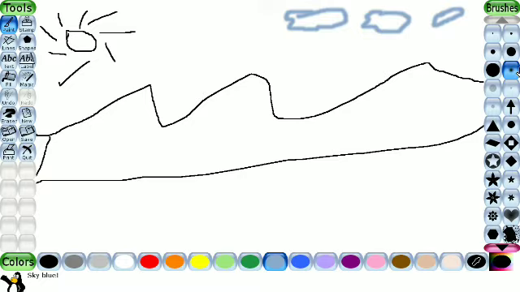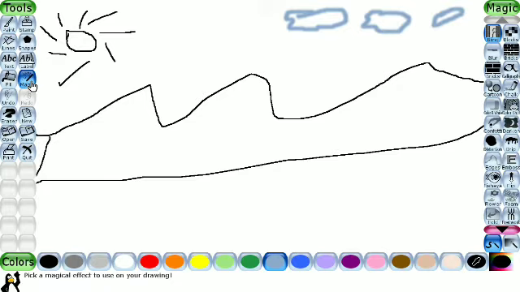Okay, then next tool we discussed in the last class is magic tool. That you can see here, magic tool on the toolbox. 1, 2, 3, 4, 5, 6, 7, 8th one. 8th tool if we count row wise. Okay, this is magic tool. When you click the magic tool, you can see so many tools on the selection box that come under magic tool. So using this tool you can draw different objects.